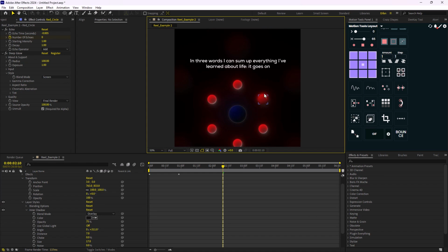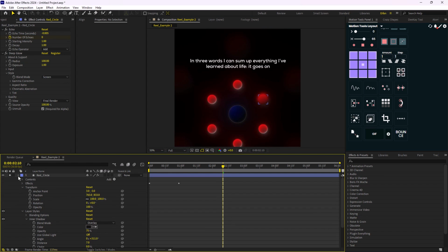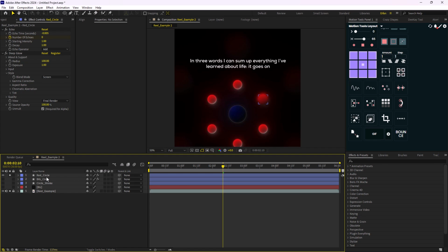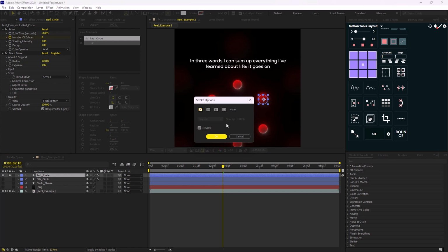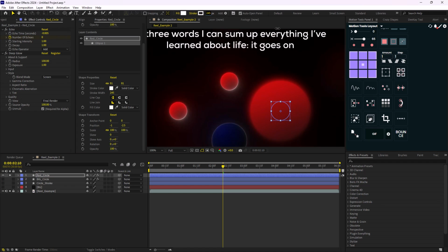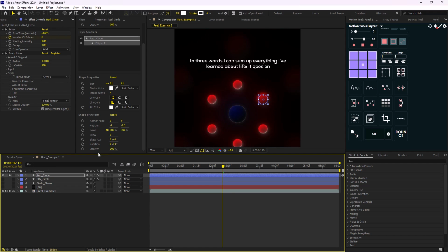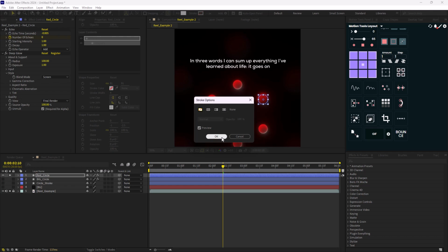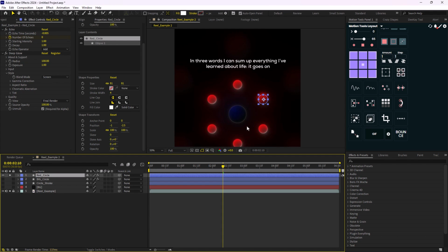Now we have some nice shading in here, but as you see, there is a small white outline here. And since I'm using the Deep Glow plugin, if we want to add the stroke effect for our shape, it won't really be noticeable, or it doesn't really work as we want. So to fix that problem, I'm just going to duplicate the circle one more time,